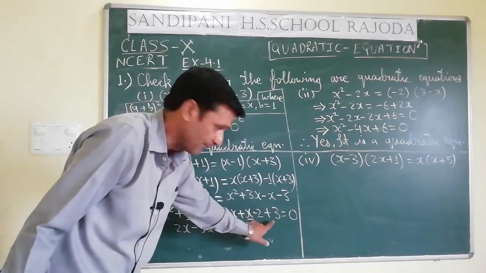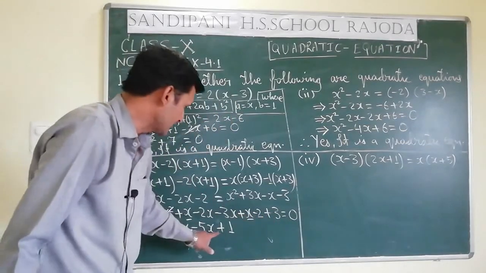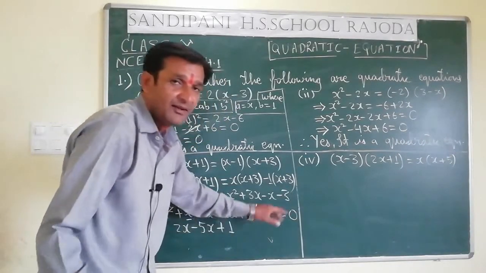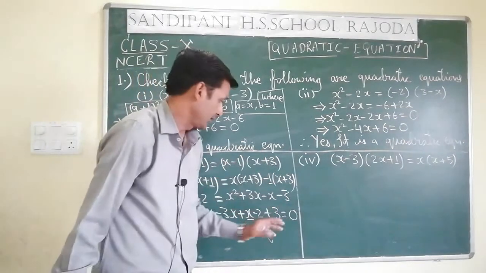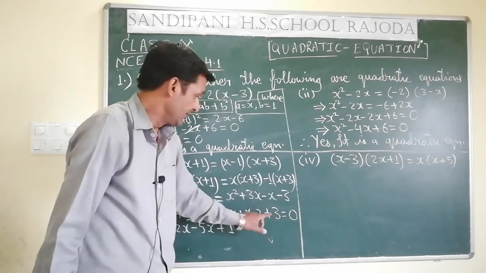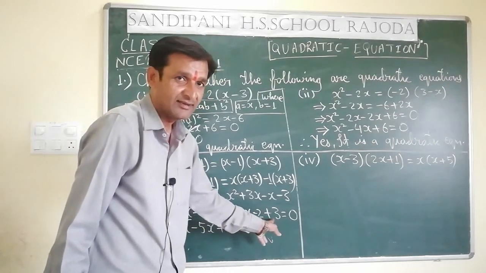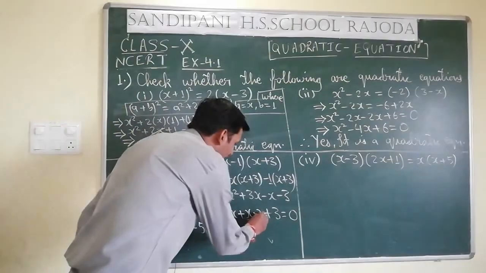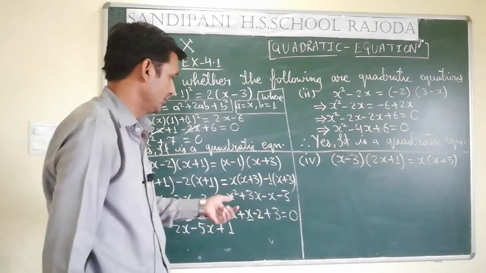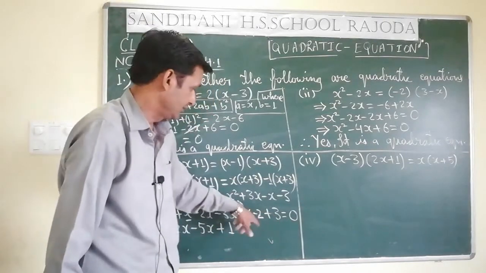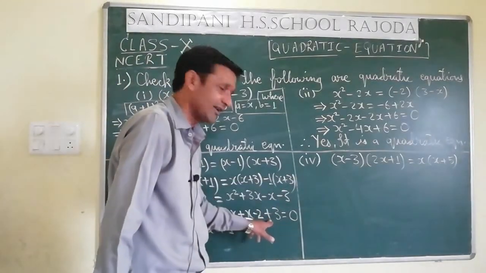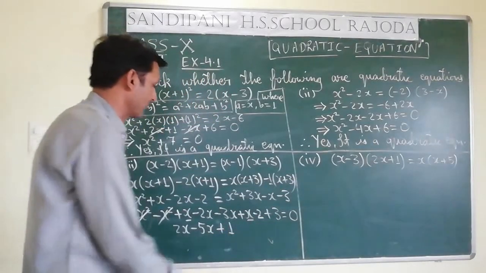Bigger digit is having positive sign, means positive sign will be applicable, and if it is having two different signs, then we have to do subtraction. This you have to remember. If the two terms are having different signs, then in that case we have to always subtract from the bigger digit. So 3 minus 2, then it will be positive 1, because bigger digit is having positive sign, that is why plus sign will be applicable, is equal to 0.